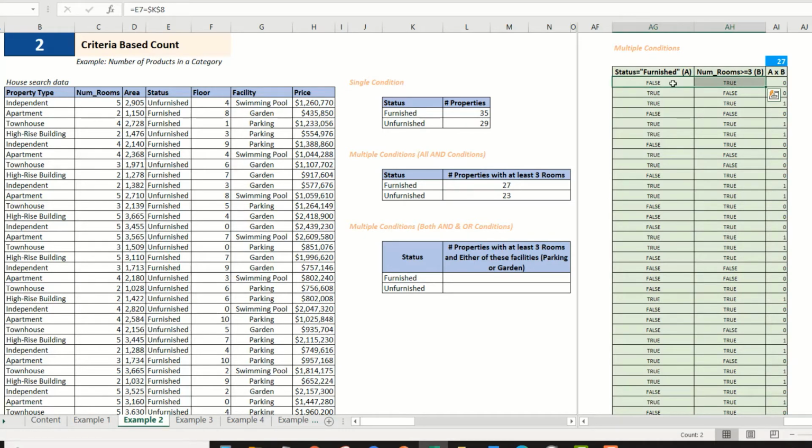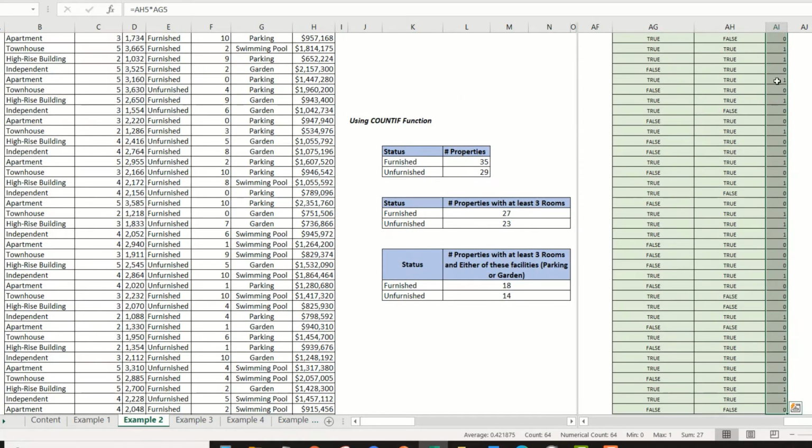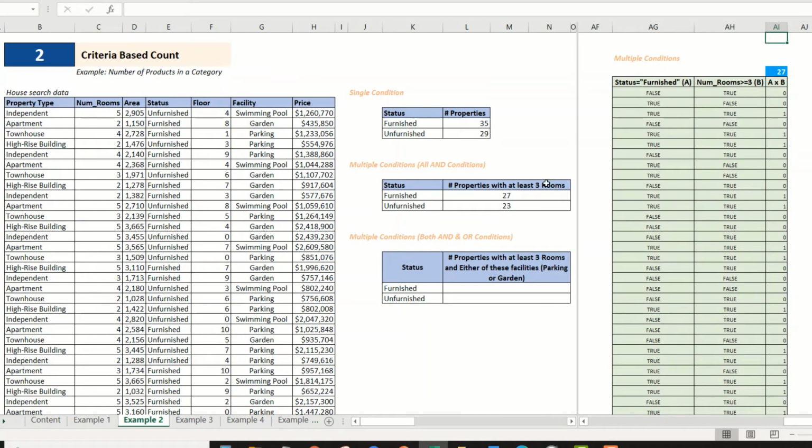And we can multiply these two flags, which is happening in the third column out here. So this product will return a value of 1 only when these both conditions are true, and it will return a 0 elsewise. So this is how the formula is working for this multiple condition example out here. And you can see that the sum of all these flags is 27, and that is what we have here as well.